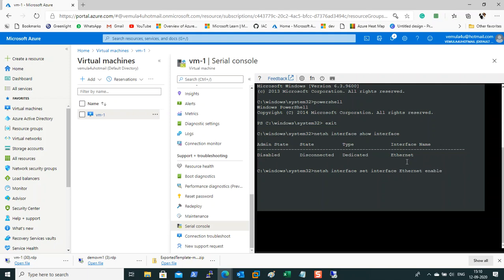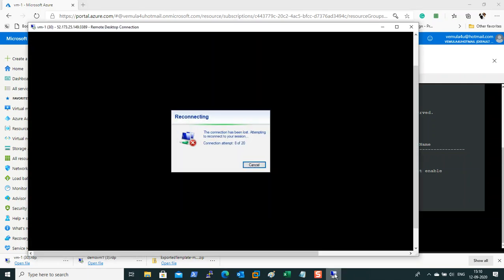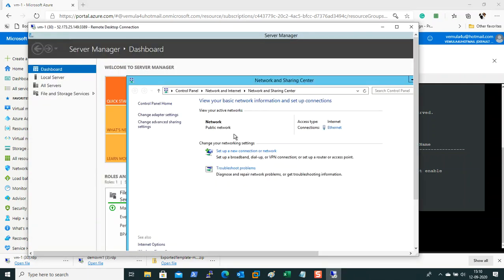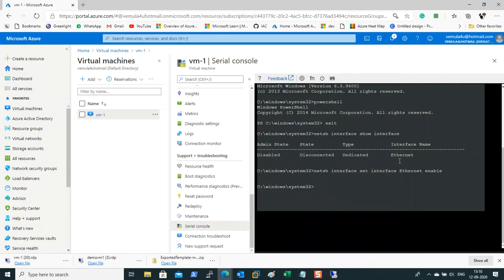We're basically running a command to enable the network interface card. So what I'm doing is netsh interface set interface name enable. I just initiated that command. Now we should be able to connect back to this VM. So there you go. So you can manage and troubleshoot things from this command prompt, which will help you a lot.